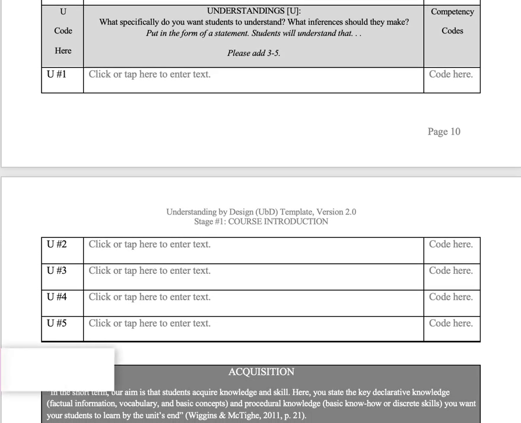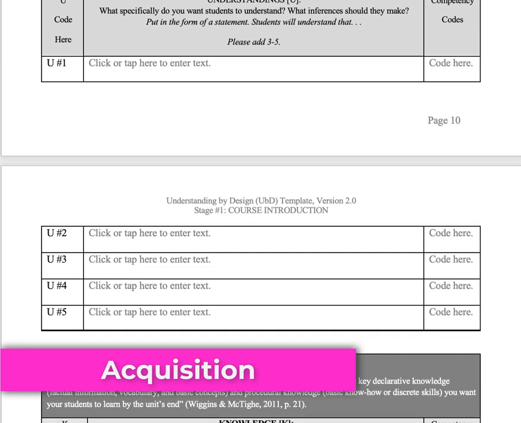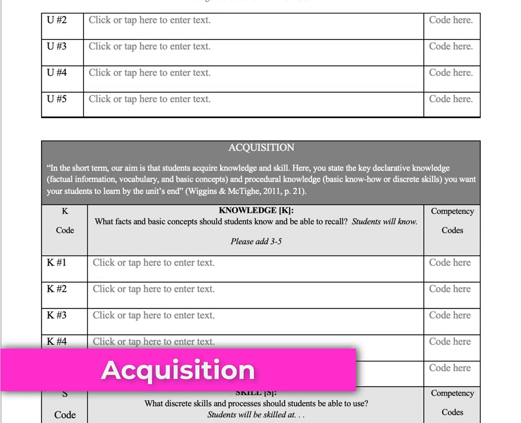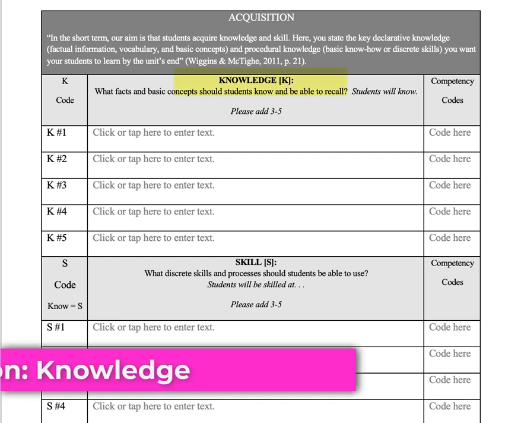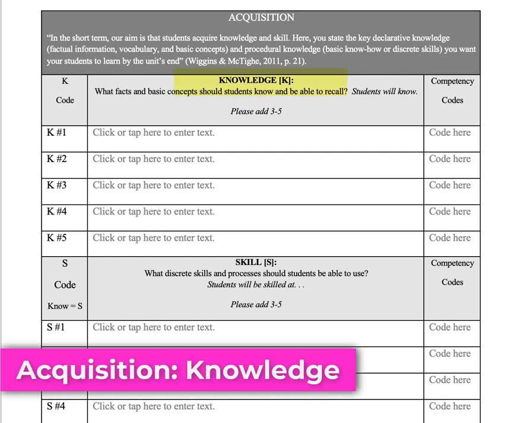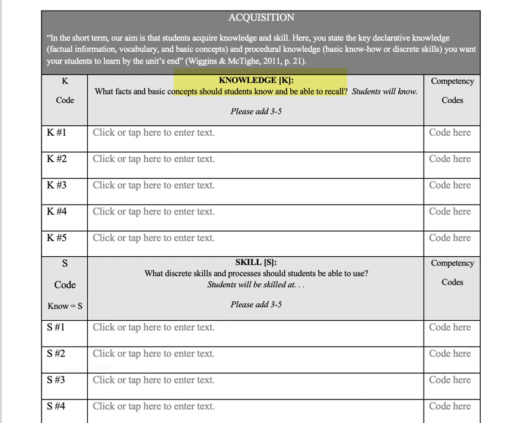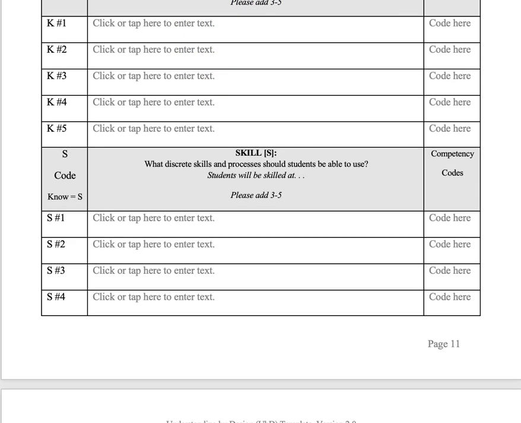In the last part of the template, you'll determine what basic knowledge and skills students need to acquire in order to create meaning and transfer their knowledge. In the knowledge section, you'll list basic facts or concepts that students need to remember. These are things that are facts, so they are correct, or they're right or wrong, or easily memorizable. You'll list 3 to 5 facts or concepts that they need to know and align them to a standard,